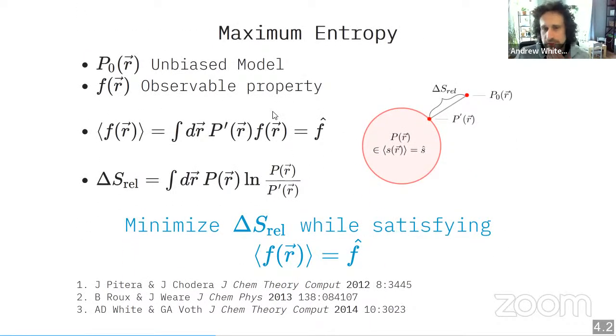This is a Lagrange multiplier problem, actually. I'm showing it a little bit better here. We have the original probability distribution P naught, then we have P prime, our new probability distribution. It's constrained to agree with the experimental data. That is, it's going to have the observable S of R be equal to S hat, where S hat is our